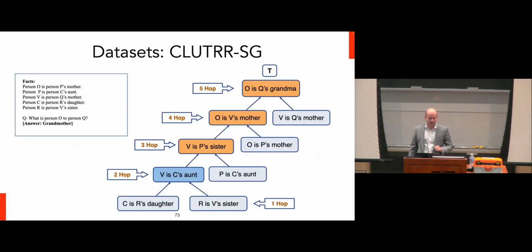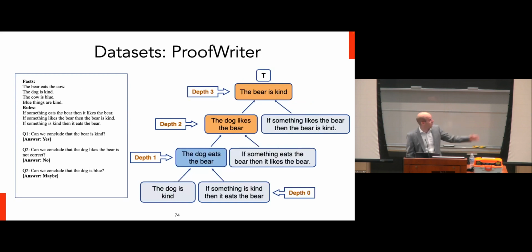So I'm running a bit low on time. So in general, we use three data sets to evaluate this, two of which I'll talk about today. The first is CLUTRR, which essentially provides facts in terms of family relationships between different entities. And the second is ProofWriter, which provides facts like the bear eats the cow, the dog is kind, and then rules on how to compose those facts, such that when you're asked a question from these facts and rules, such as can we conclude that the bear is kind, you can compose the initial facts and the rules that you're given to actually answer whether it's true or false. What's interesting about ProofWriter is that because you often have multiple questions, many of these facts and rules will be distractors for many of the questions that you see.